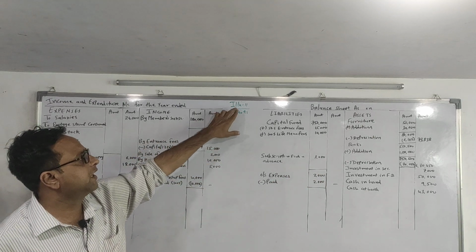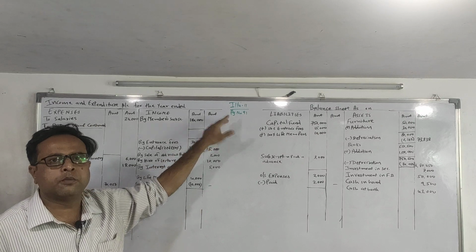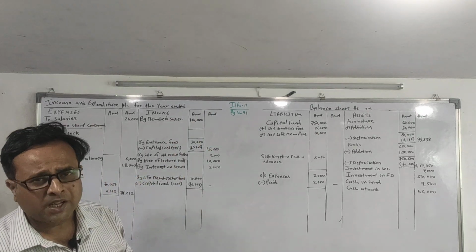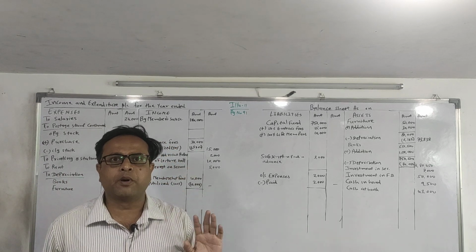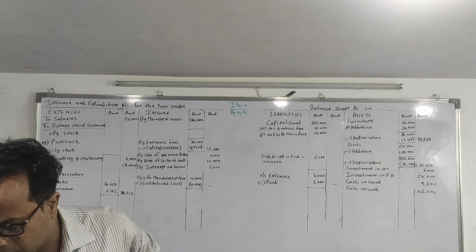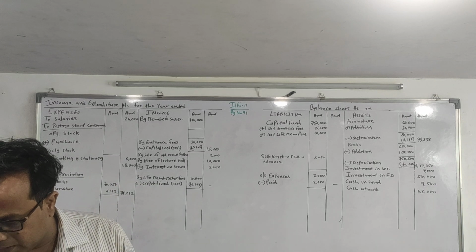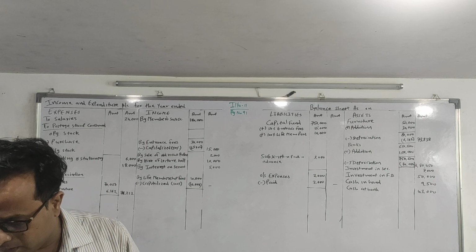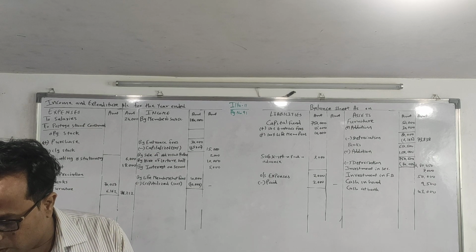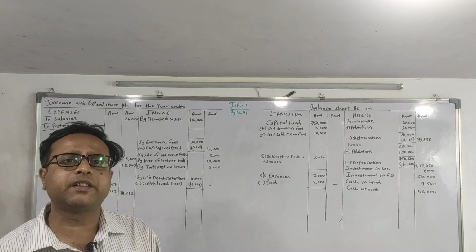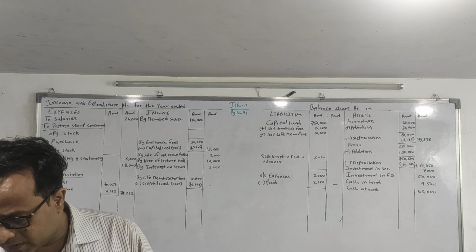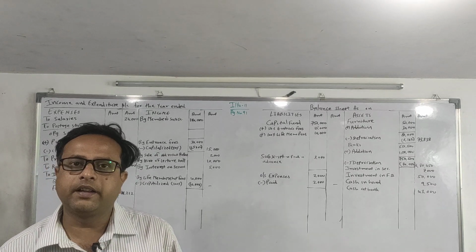So here we are starting with illustration 1 of NPO on page number 91. Now how will we do this sum? First we need to read the entire question properly. Come to page number 91. Following is the balance sheet on 1st April 19 and receipt and payment account of Dayanand Library, Ambajogai. You are required to prepare the income and expenditure account of the year ended 31st March 20 and the balance sheet as on that date. Balance sheet as on 31st March 19. So the opening balance sheet is given to us, and below that, the receipt and payment account for the entire year is given.